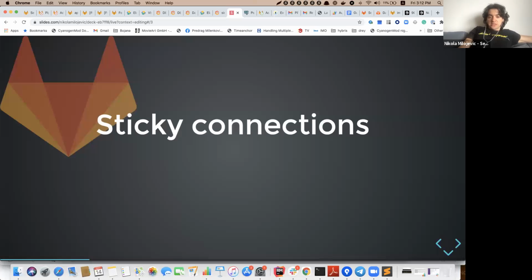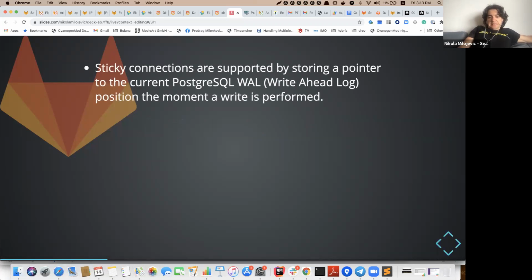We can go to the sticky connections. There is a problem that we wanted to solve, and that is making sure that the information in the replica is up to date compared to the production database. So how does this work? We have implemented a Rack middleware that will store a pointer to the current PostgreSQL write-ahead log position at the moment when a write is performed. And we will keep that